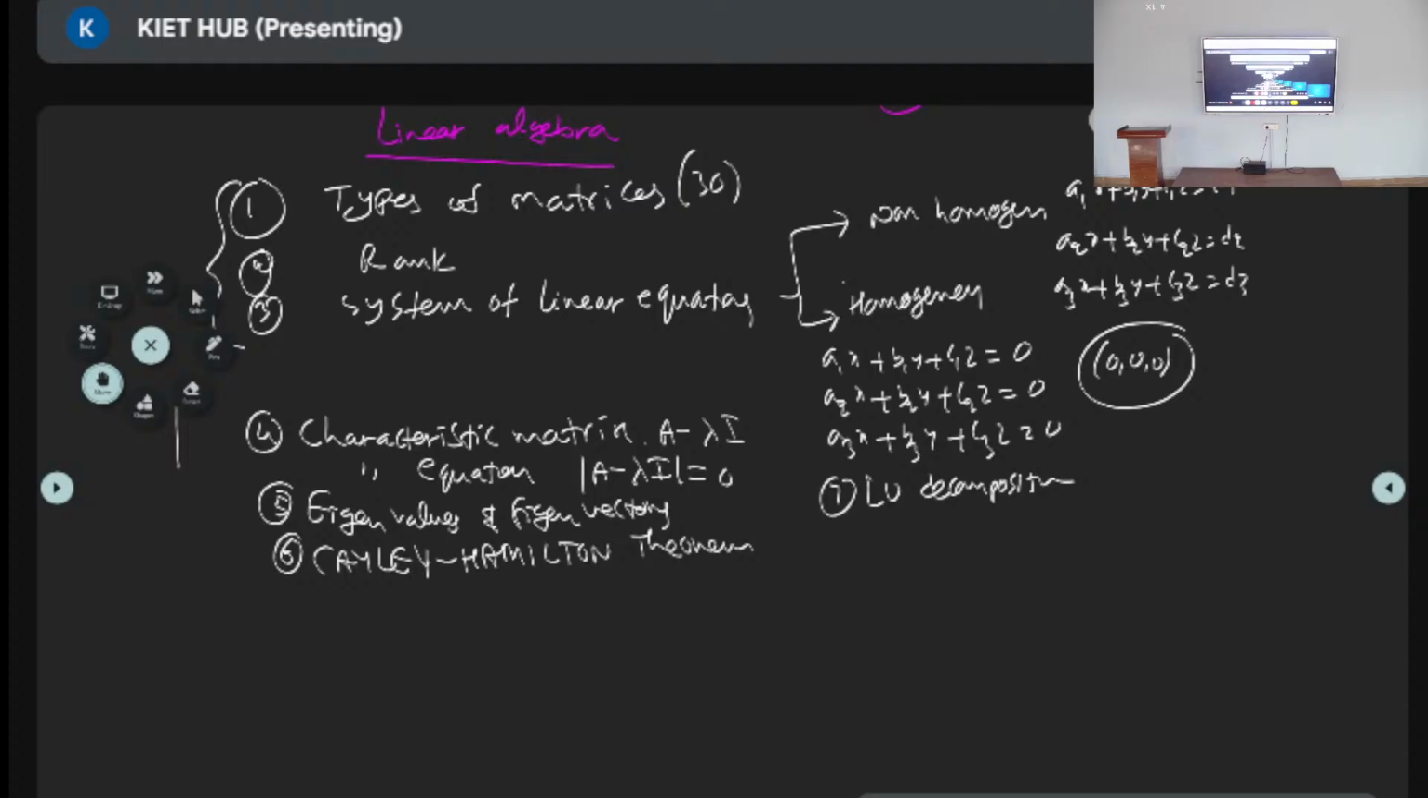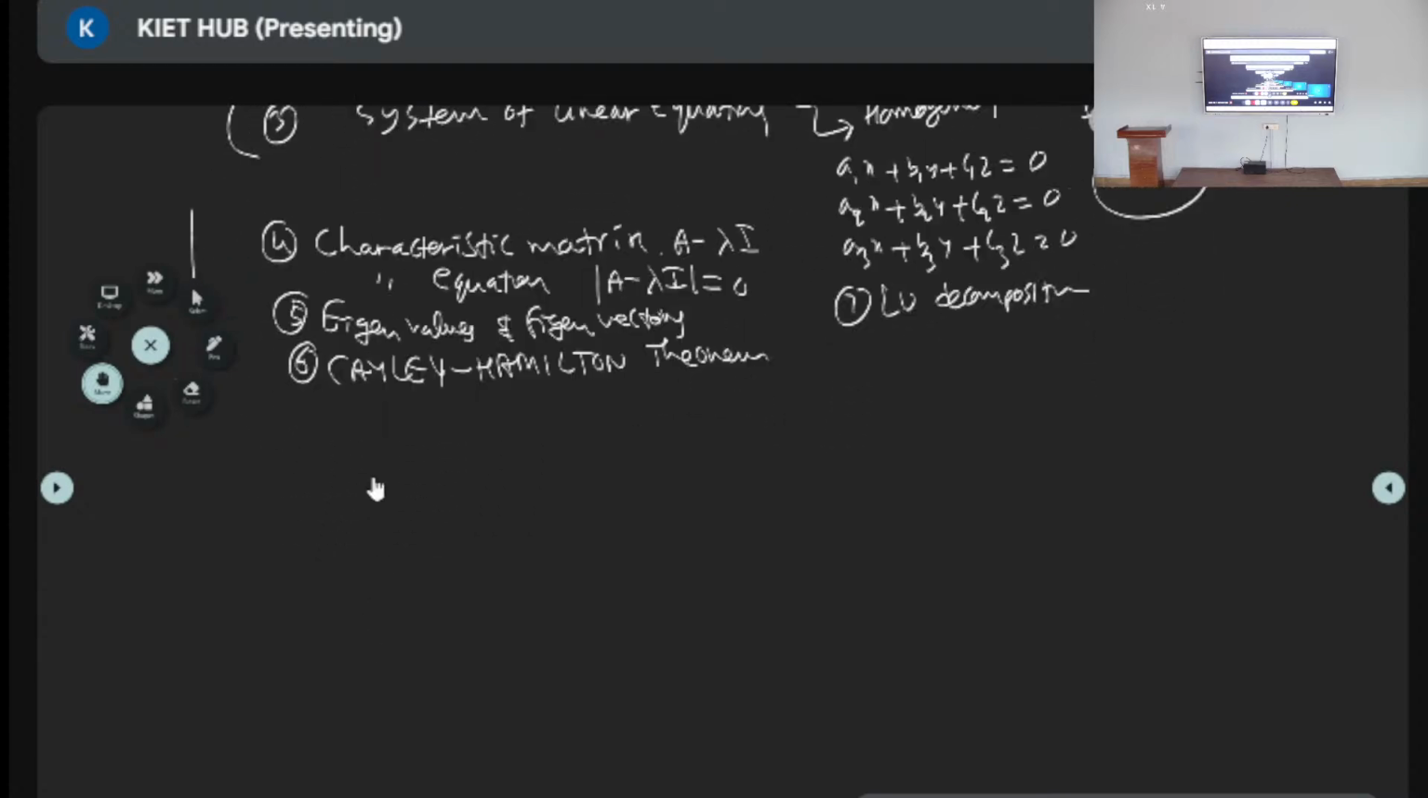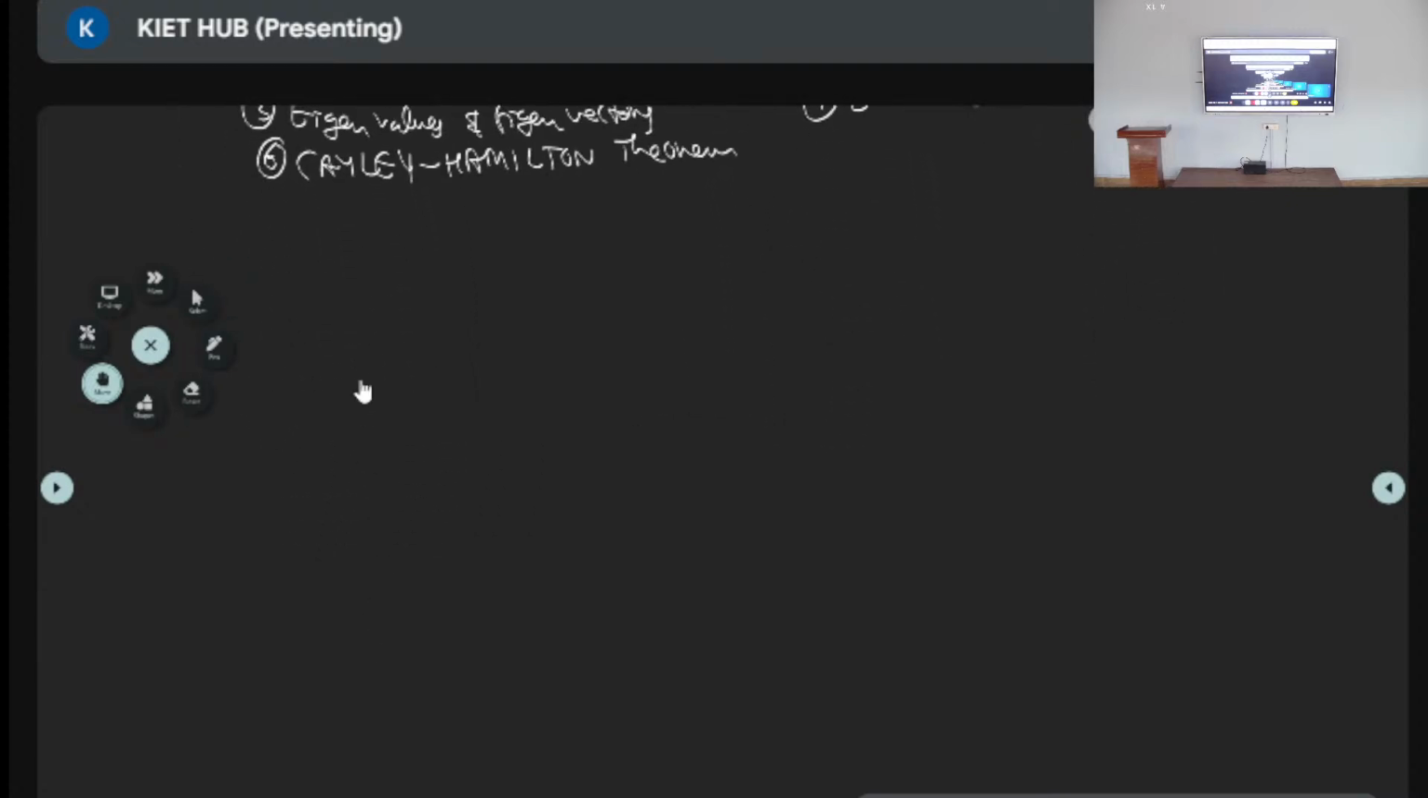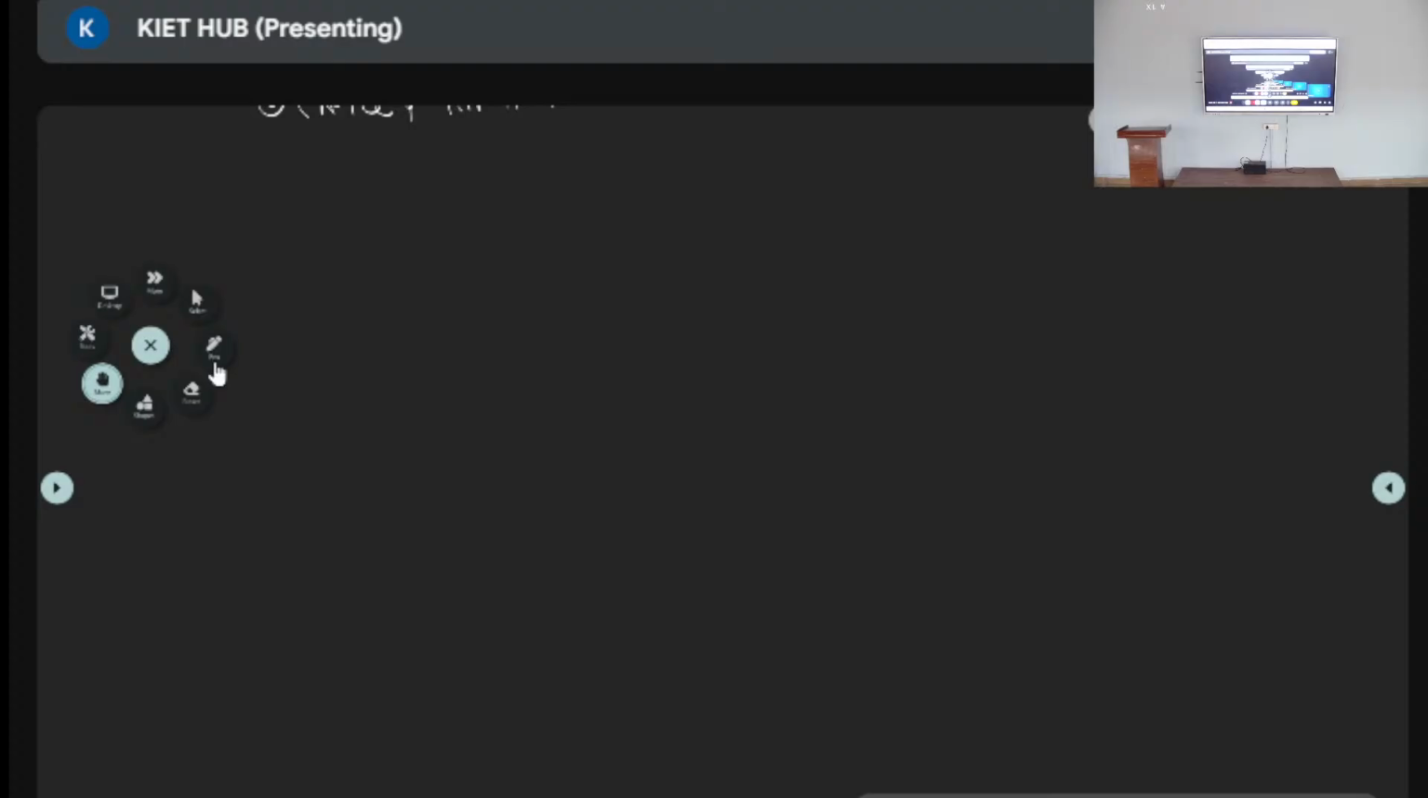So, matrix definition. Let us write the matrix definition. Just note down the matrix definition. A rectangular array of elements arranged in